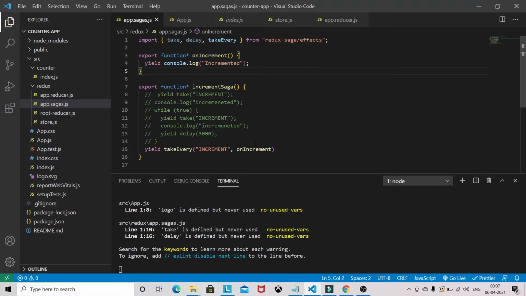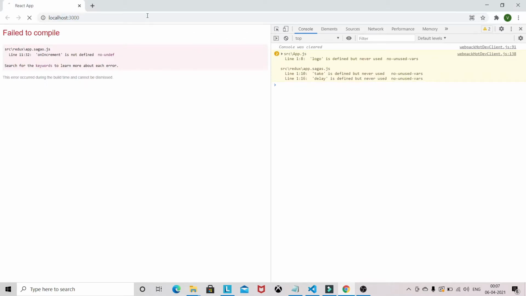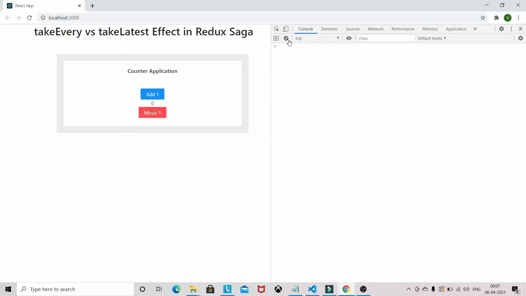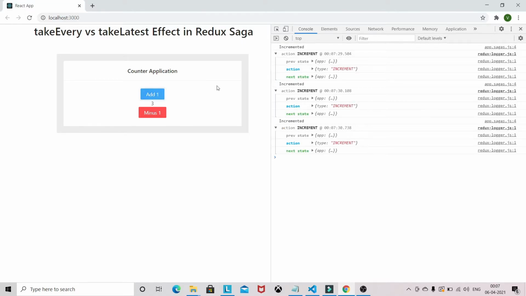Here, basically, Take Every is creating a new Saga task and spawning new sagas for every increment action coming in. So in the application, if you click 3 times to increment the counter, it means 3 increment actions are running 3 new on increment sagas.